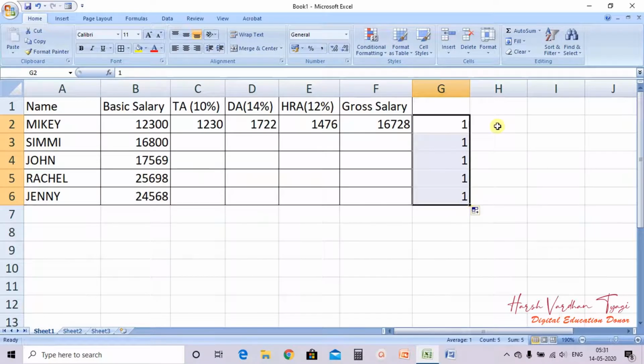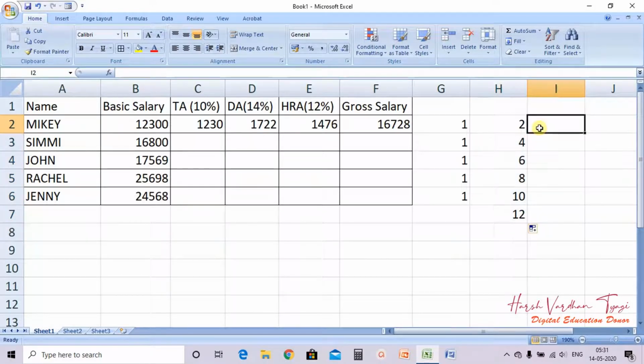So it has displayed the same values in the leftover cells. If I write 2 and 4, select both cells and then use the fill handle, it will leave the exact gap of 2 numbers, like 2, 4, 6, 8, 10, 12. So this is the usefulness of the fill handle.